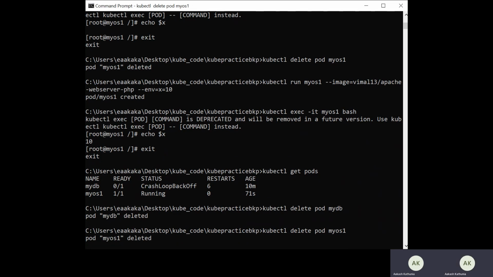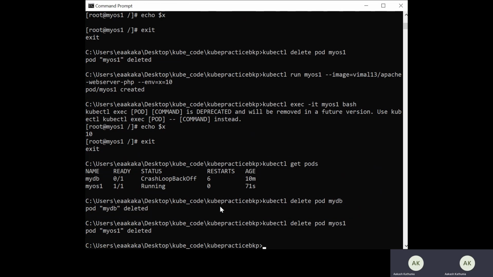Now I will create the mydb pod again with the environmental variable with the same logic that we understood just a few minutes back.